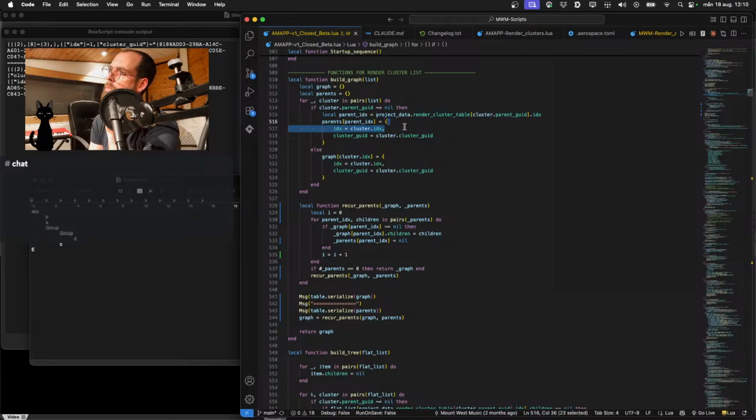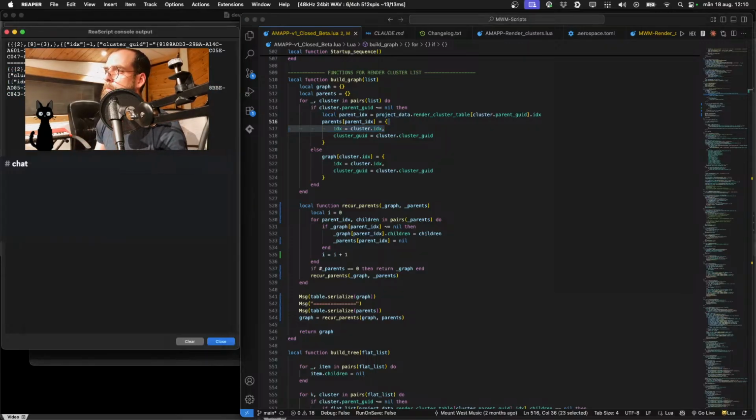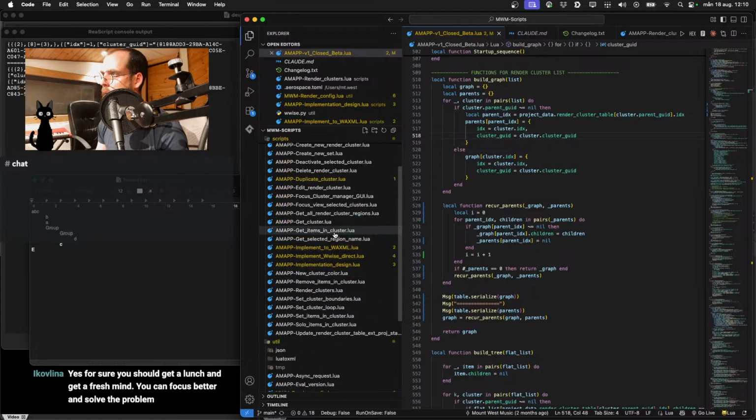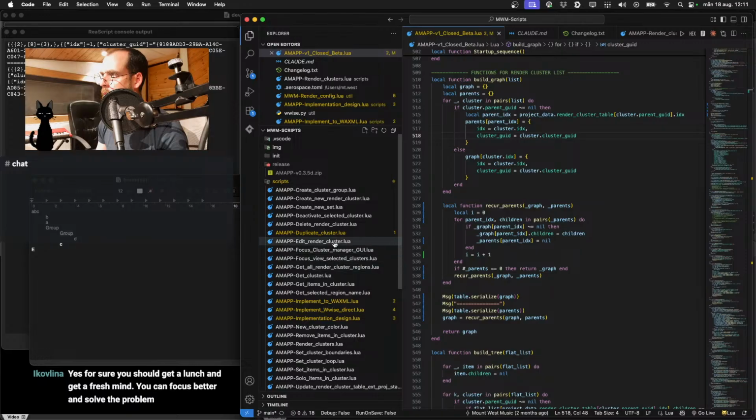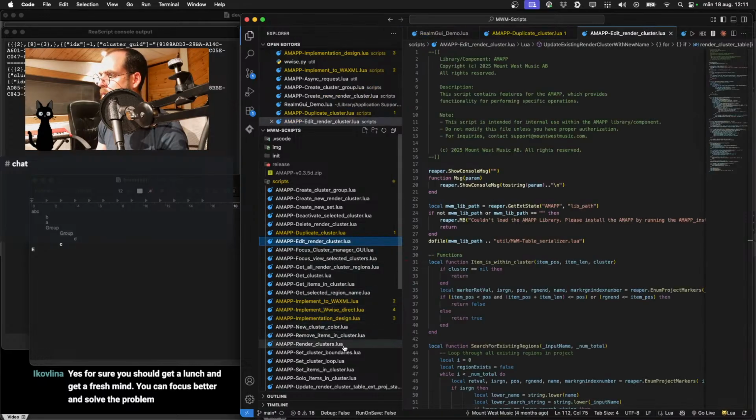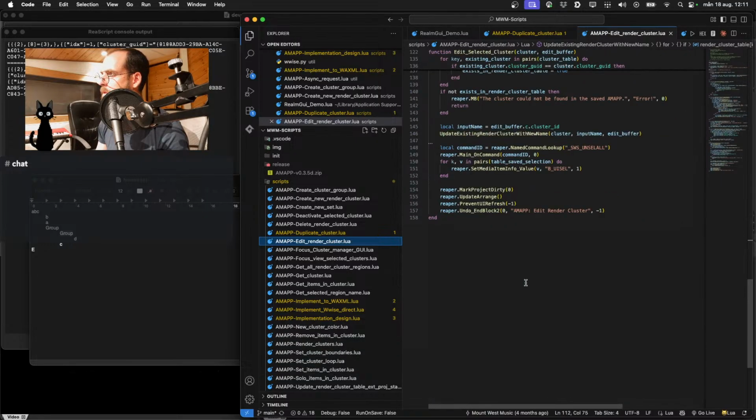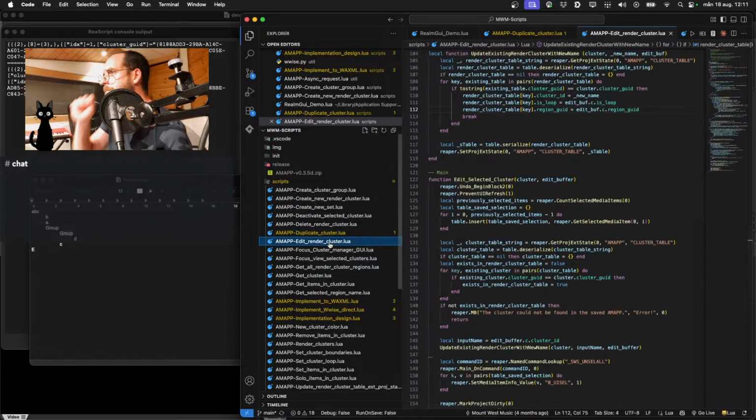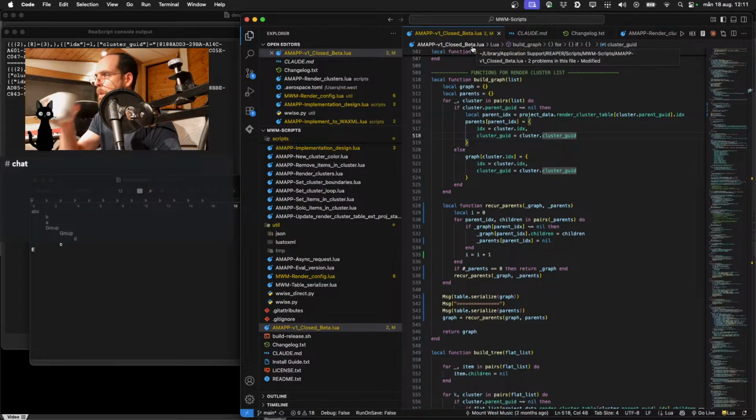Perhaps we should just redo it and look at what happens before we get here. Because my suspicion right now is that something happens when we move the clusters inside of the list. And we have edit render cluster. Is that where we move it? No, not really. So the movement of the render cluster happens